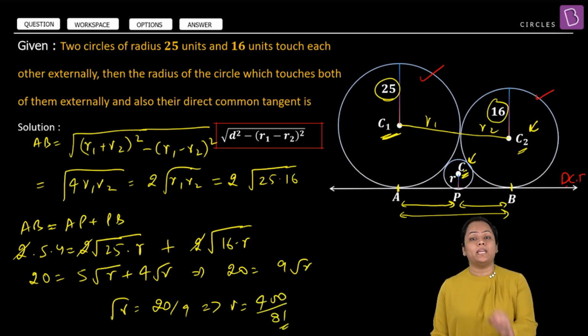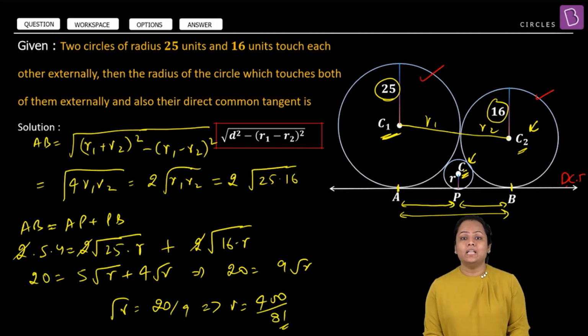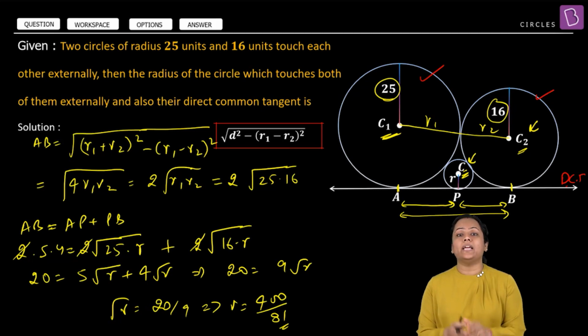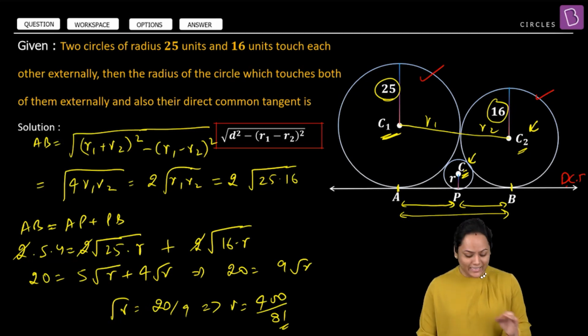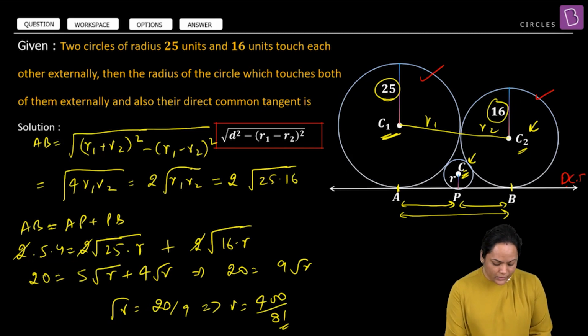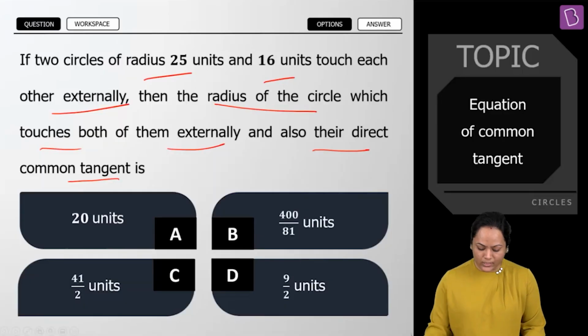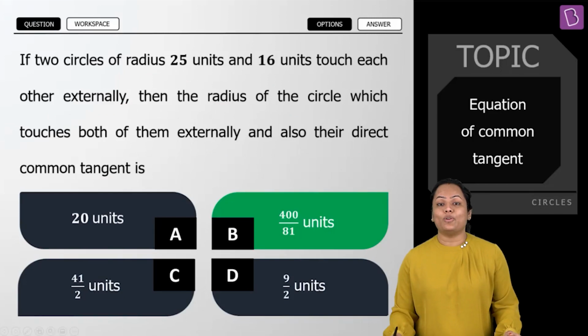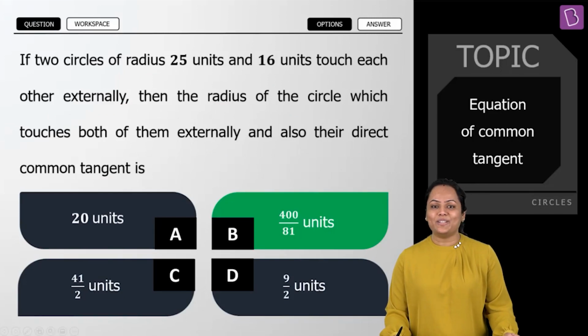Again, a question based upon simple geometry. So guys, whenever you have questions in either circles or straight lines, always try to plot the figure, and most of the questions can be done by applying a simple formula like in this question. Have you understood? Very well. So if we see the options which are given to us, we can say that B will be the right answer. Understood? Very well.